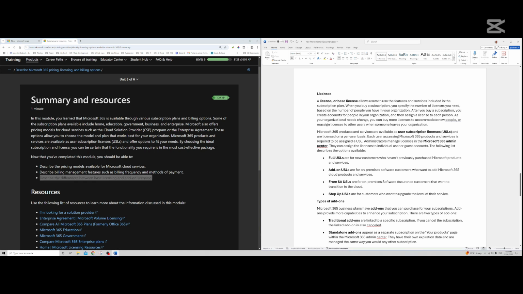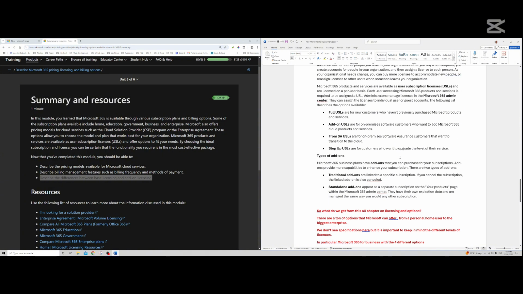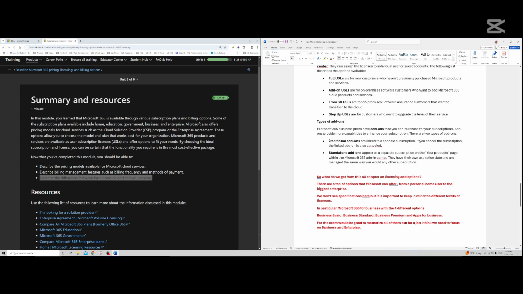That basically when you buy a subscription, every user needs to have a license to access all the apps and software they need. So it's a license per user. And then for the add-ons, we have the traditional add-ons and the standalone. So the traditional is when you add it to your account. If you cancel the account, the add-on goes with it. The standalone is a little bit like a standalone